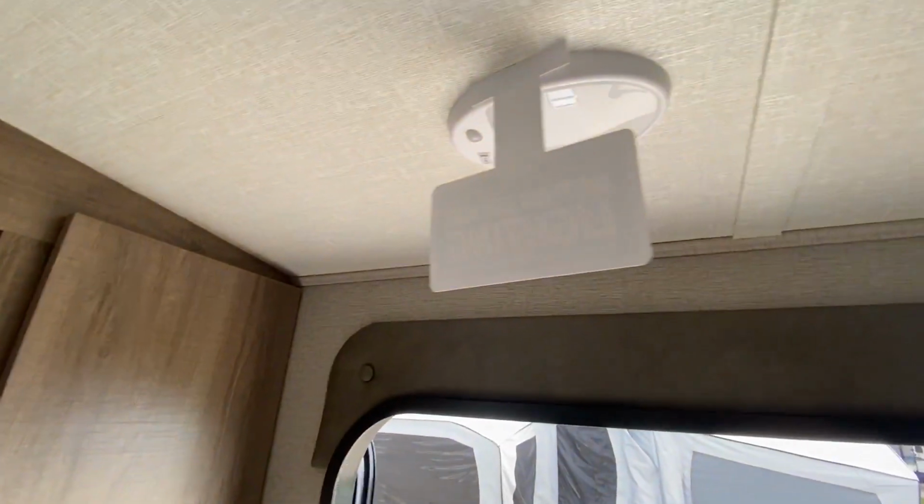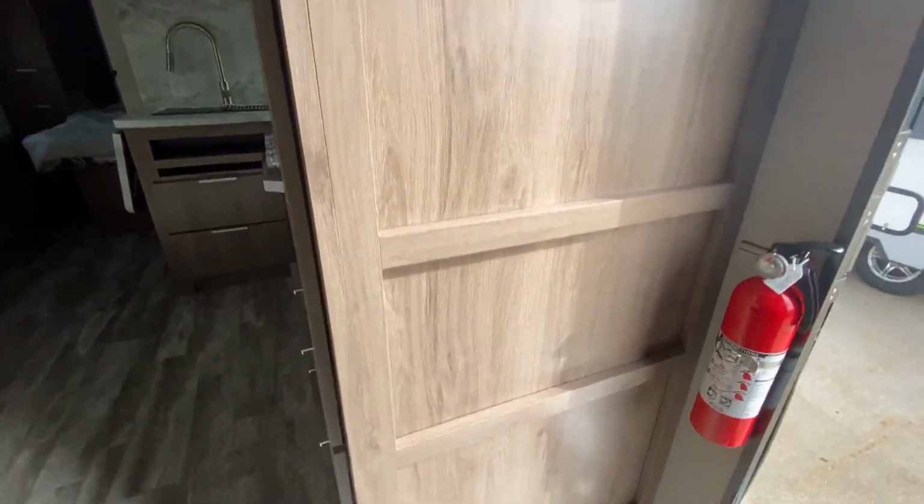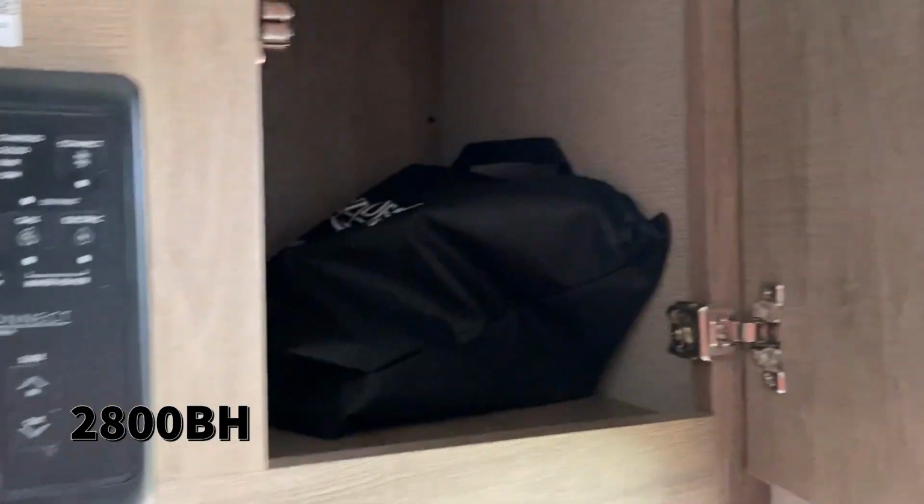They both have the motion sensor lighting as you first walk in. Another look at the Drunk Octopus hangers. Now there is a vent on the inside of this shoe cubby. I'm not sure how well it would work if shoes are piled up in there, but I guess it's hidden on the floor. Jumping back over to the 2800, again you can see inside the cubby space in there,